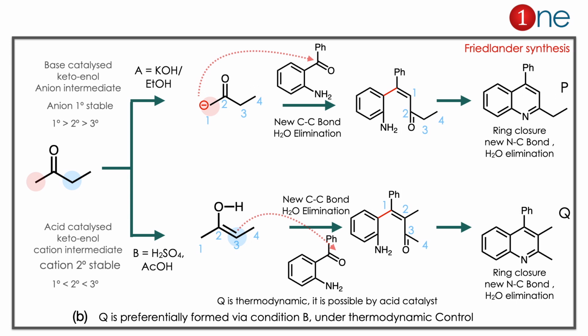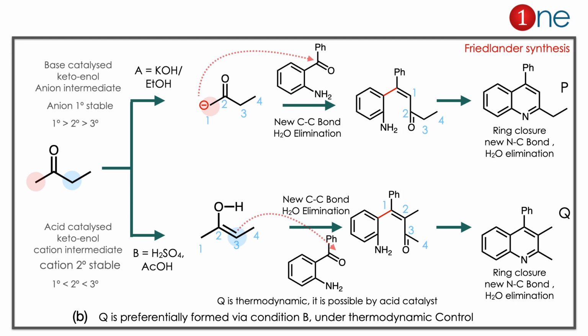In the product you have amine and oxygen inside. So intramolecular aldol condensation is possible. You have the N-H bond and the water elimination. So you have the final product with the C-N bond, and you have a product which is like a quinoline structure. This kind of synthesis is called Friedlander synthesis. This is used for preparing heterocyclic compounds.